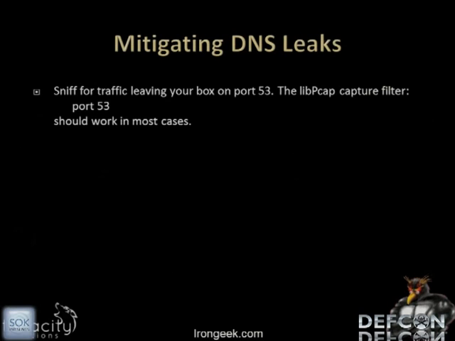Mitigations for this? Well, the first thing you should probably do is connect to Tor or I2P, fire up Wireshark or tcpdump, and use that little tcpdump filter, port 53, and see if anything's actually going out there on port 53. See if anybody's doing any kind of DNS communications while you're surfing around using Tor or I2P.